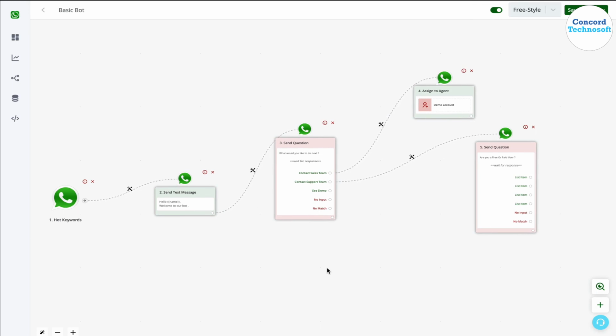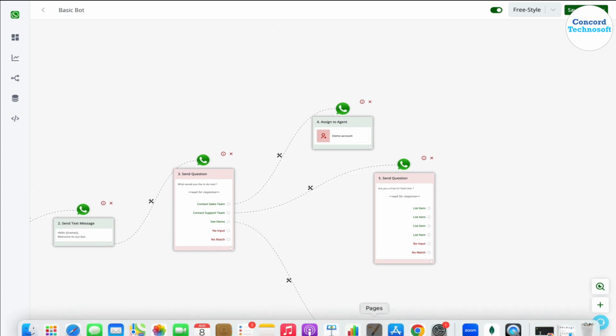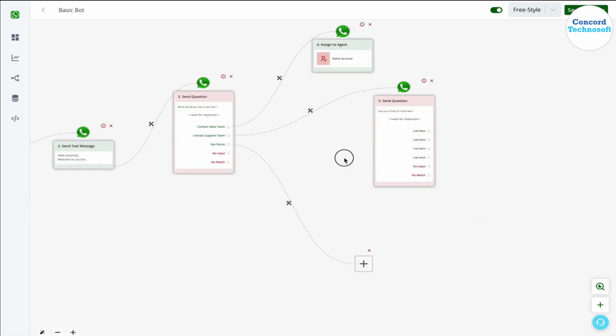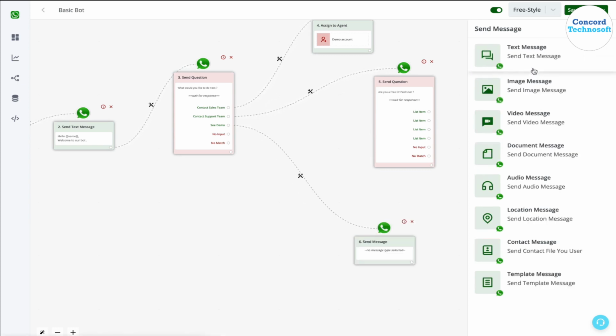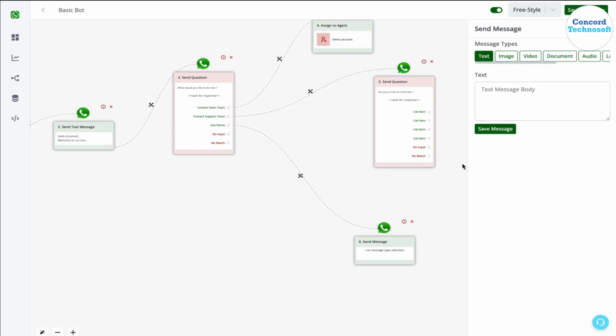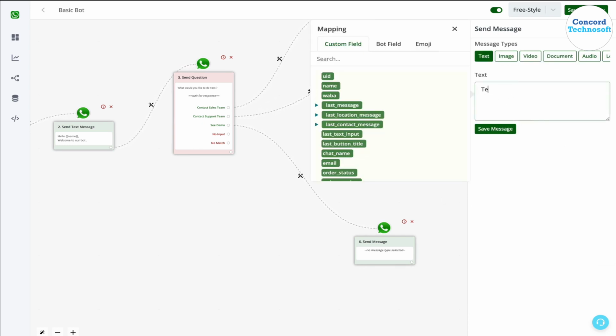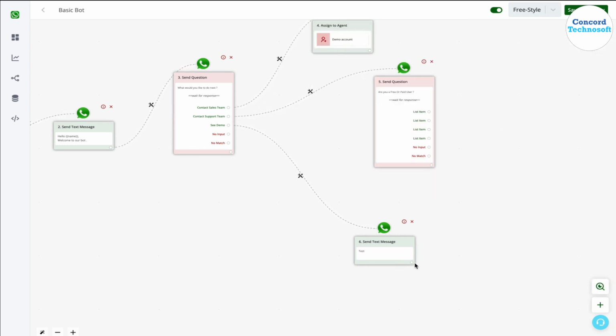So again, in the aspect of a basic bot, depending upon your use case, you can keep adding nodes ahead, and it can be send messages or ask a question. In case of send messages, you can send text, image, video, document, audio, location, contact, or template messages. And in case of ask a question block,